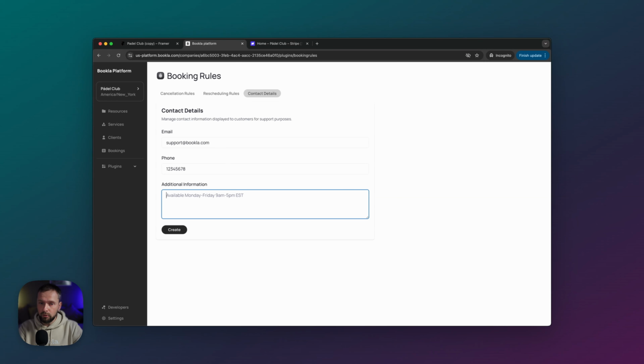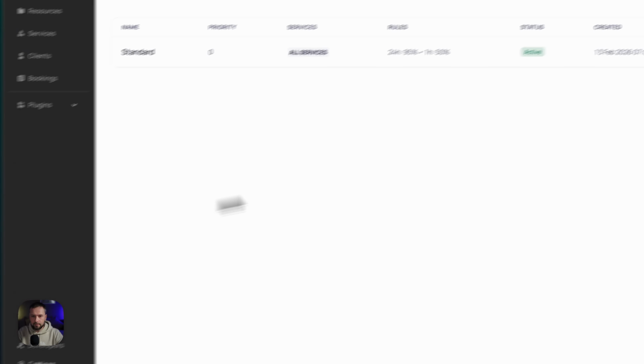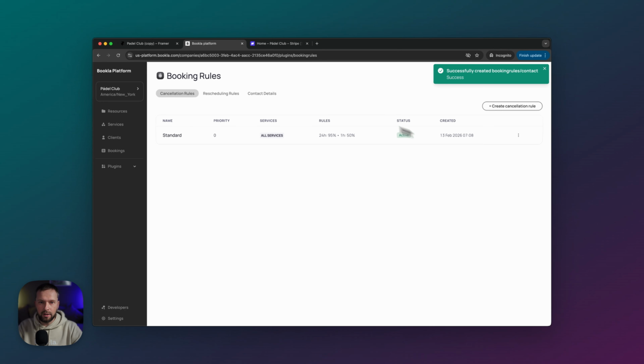If you want the customer to know something about your specific rules, or maybe you just want to let them know something additionally, you can write it here. So maybe, for example, you can just write here an address of your venue or something else, but I will just write additional details. Let's go here, and we'll see where this text is displayed. So click create. Okay, now we have set up the booking rules,